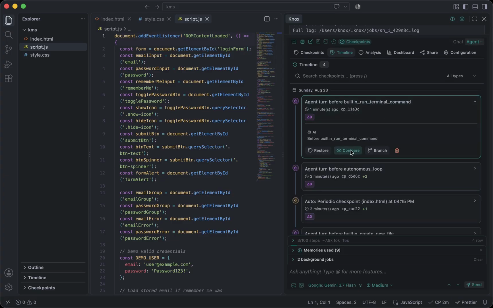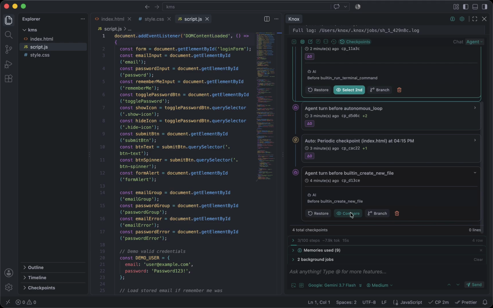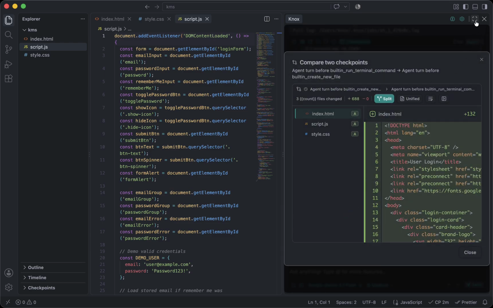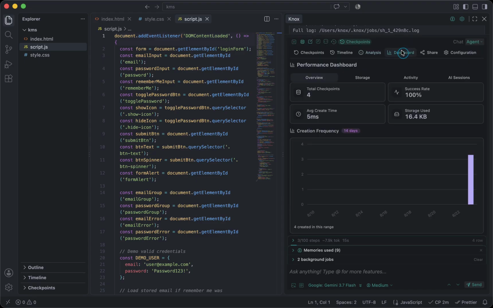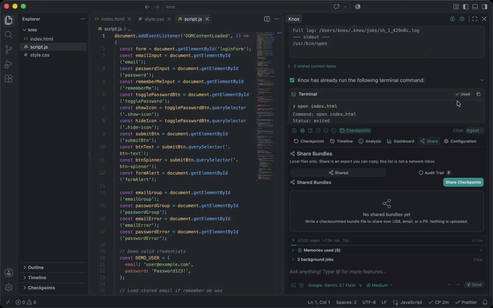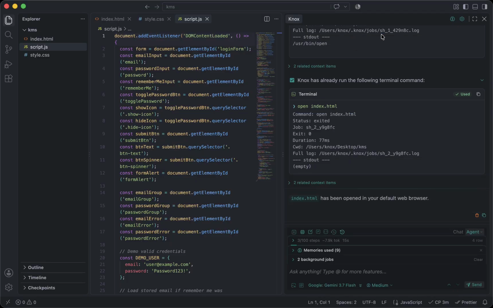We just compare the latest one to the first one here to see what's the difference. And even more, analysis, dashboard, share, and configuration. This is the checkpoint. And we can go back to the top bar here, click on this brain icon